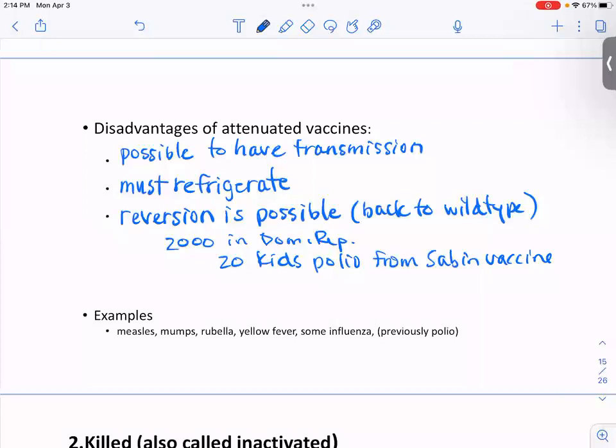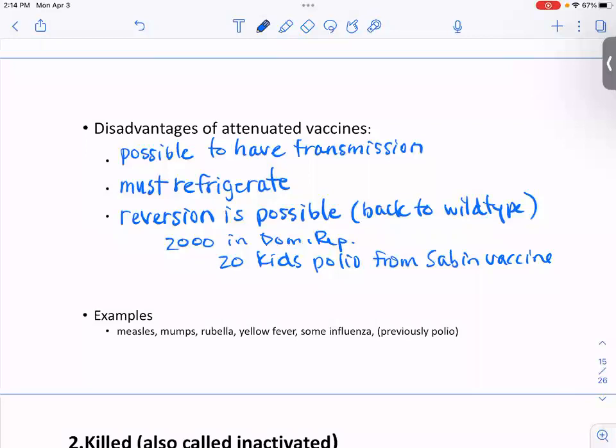And because polio is so rare, there's only natural transmission of polio in a few countries, Nigeria, Pakistan, and Afghanistan. We're really close to eradicating polio. So we still do give the polio vaccine to infants in this country, but hopefully we won't have to do that for much longer. In other countries where they're still giving this attenuated Sabin vaccine, that virus, the polio virus,